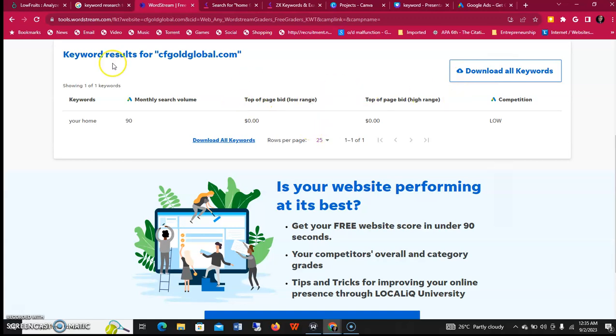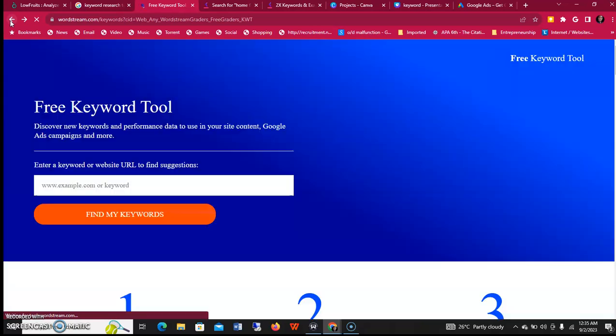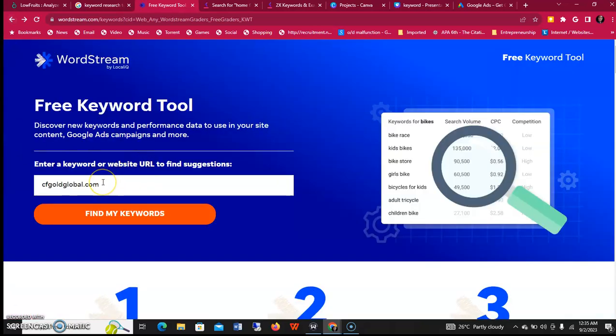Now if you don't want it to be limited to that, you can just allow it without necessarily putting any industry. It gets you a whole lot. So this is about WordStream. You can try out WordStream, and then of course there is the